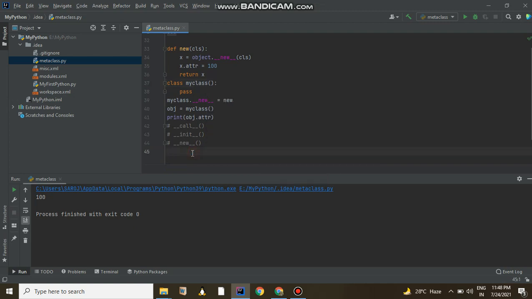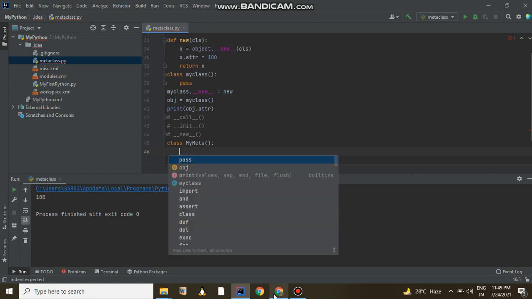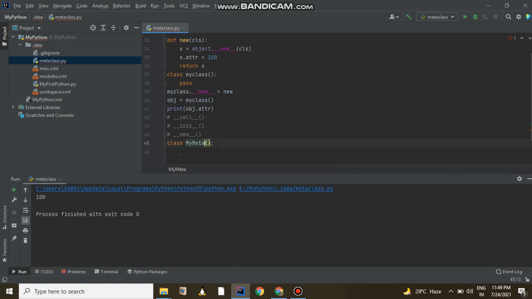Let me create a metaclass. Suppose class my meta, and here I am using the type metaclass.